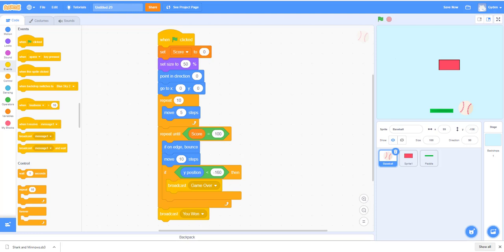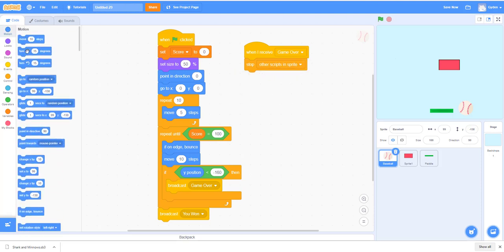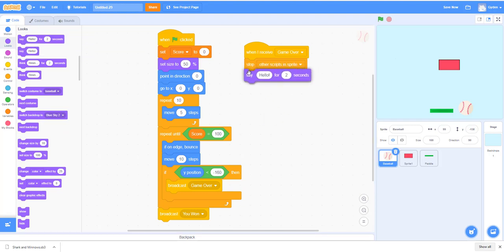Okay, so next we will also need some more code here. Okay, so we'll need the when I receive message block. So when the game is over, what we need to do is stop all scripts in the sprite, basically stopping anything else, so that we don't want the ball to keep on moving, right? So stop all scripts in the sprite, and we will say game over,